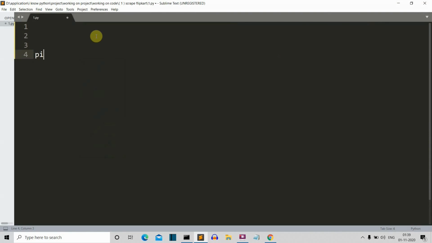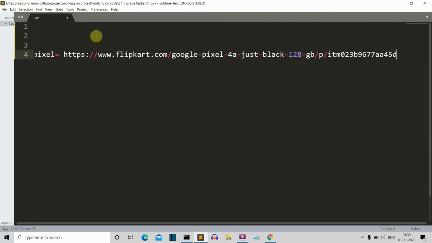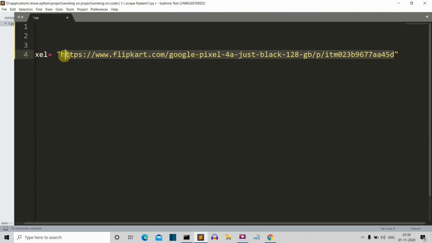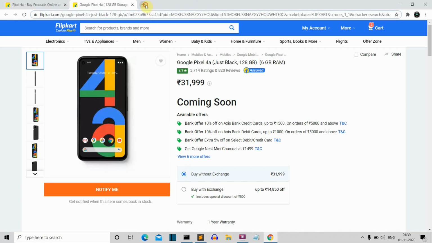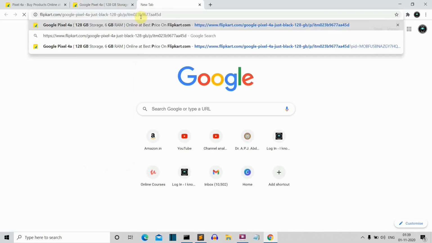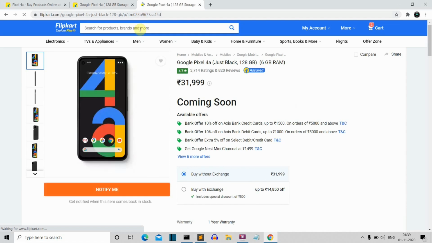Let me create a variable called pixel and store this link in a string. Pixel 4a, 128 GB, 4 GB RAM, and this is the ID. Let me confirm that this is the working ID by going to a new page and running this. Okay, so yeah, it's working for us.